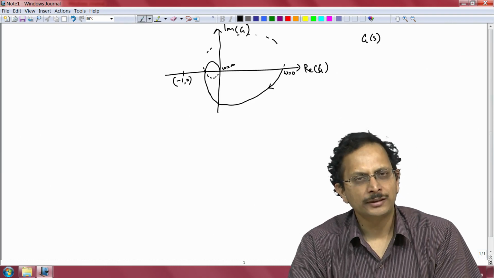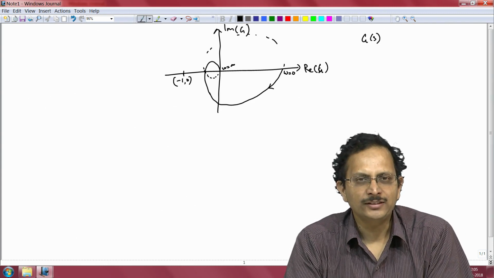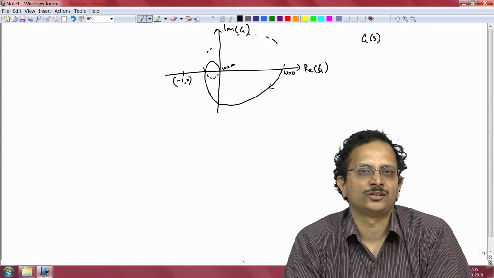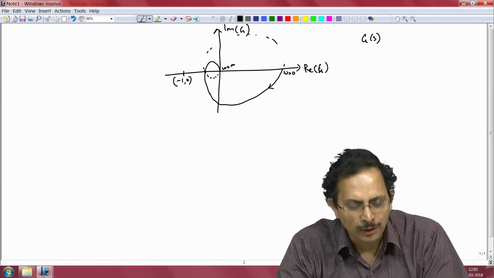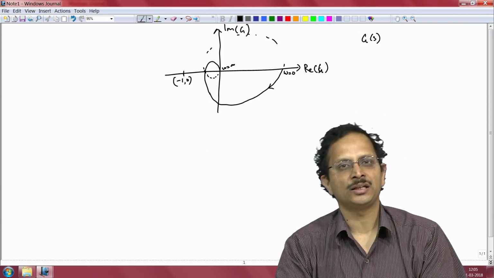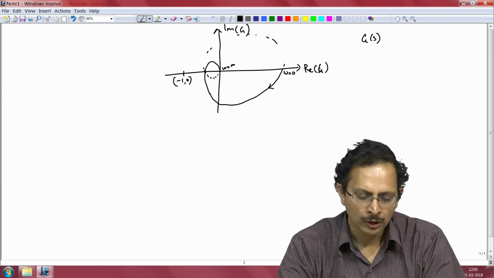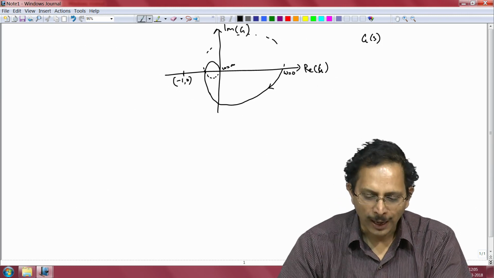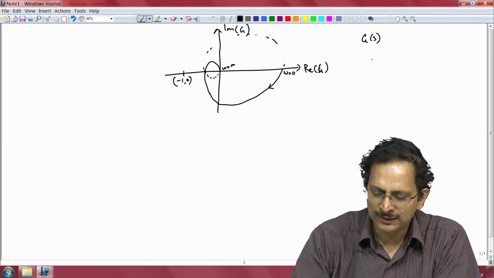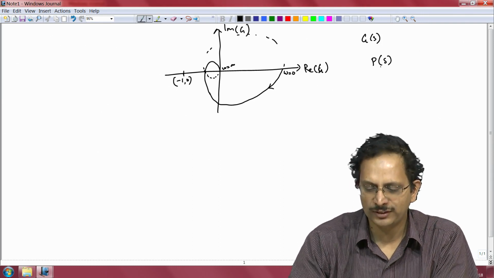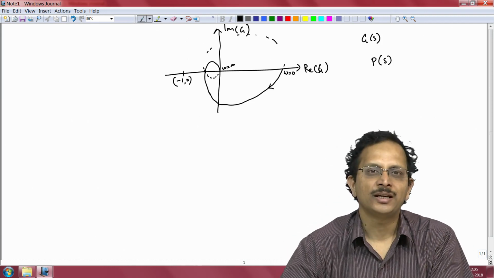But as we discussed, in our interest to design controllers with high gains, there is a possibility of us destabilizing the closed loop system, and this is where the Nyquist plot would help us to determine whether in our attempt to meet our performance requirements our closed loop system is still stable or not. So one can therefore ask, what would happen to the Nyquist plot of the plant? Let us say this is the Nyquist plot of the plant, and the plant transfer function let us say is P of s. What would happen to the Nyquist plot of the plant when we bring in a controller?